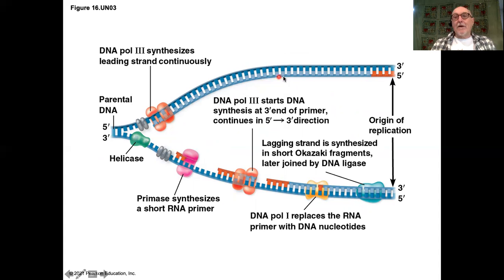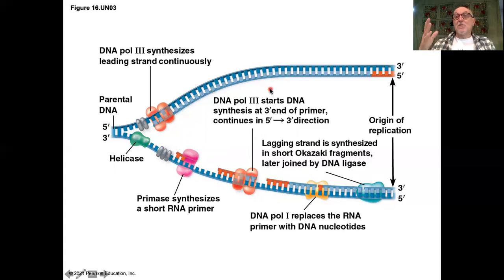It is able to check the bases against the parental bases. As it lays down bases, it will check that it's put in the correct base. If it has not put in the correct base, it will back up. It will digest out some bases, and then it will repeat itself and move forward again, laying down the correct